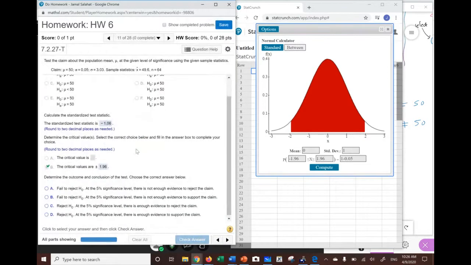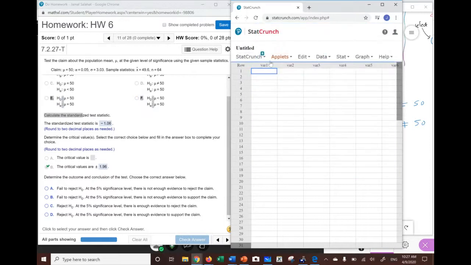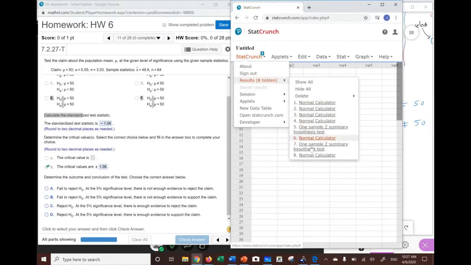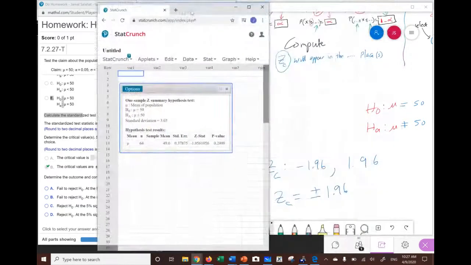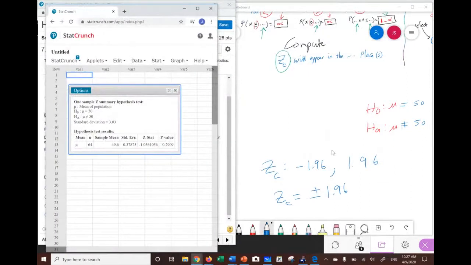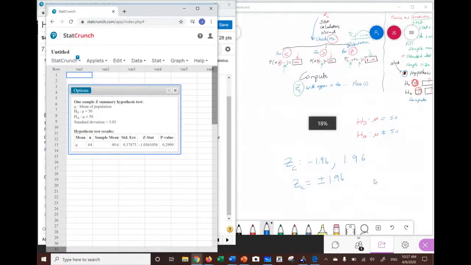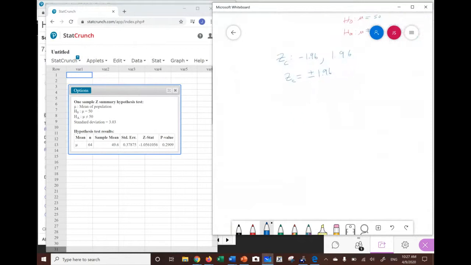The last thing we need to do is look and see how we test this problem. As I said earlier, there are two ways to test the problem. Notice that I'm going to go in here to what it says StatCrunch and number 8 in my case. In here, it says hidden results. I'm going to go to number 7, which is those results I got earlier. Let me move this around. I'm going to tell you what I'm talking about in a second. I have two ways to test this problem. Now, first way